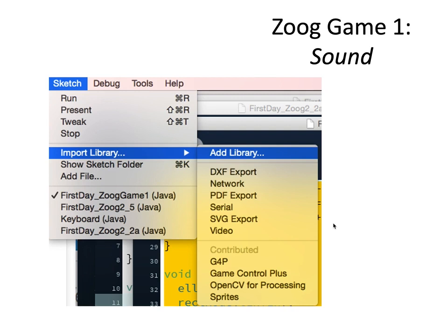Libraries are just code written by other programmers just to make it easy to do some of the repetitive tasks. So instead of having to write all of the sound code each and every time, you can use other people's code. In this case, if you go up to the top library, choose Sketch, Import Library, then Add Library, you'll actually find